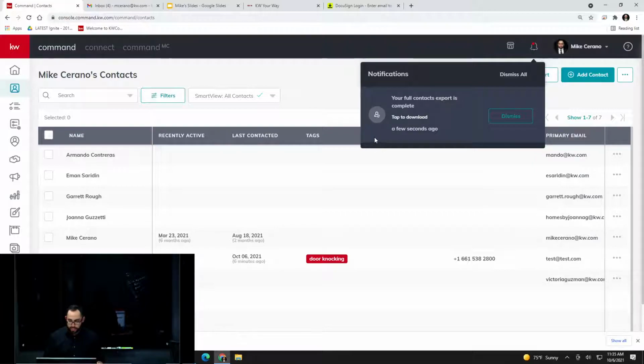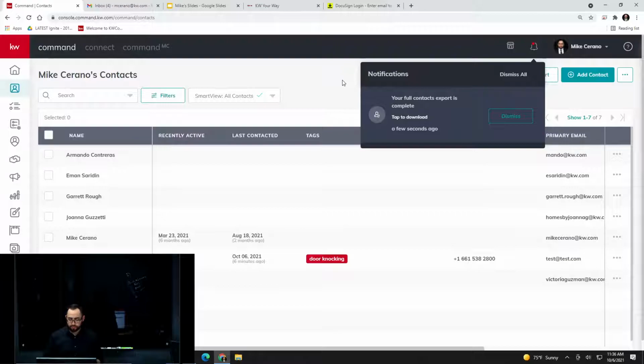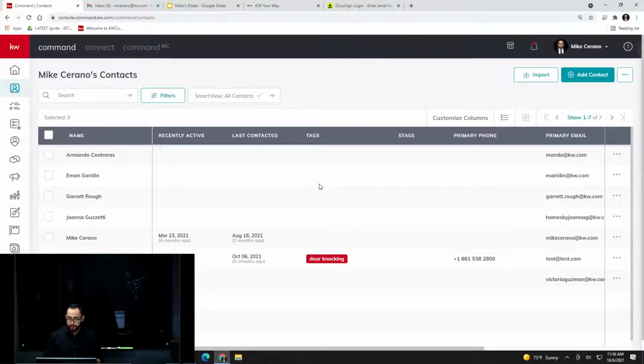And again, just like I downloaded that import file, that is how I can download a copy of all of the contacts here in Command. So you can see here exactly how I put them in and have their information set in Command. It pulls them out in basically the same looking file. So that's how you guys can pull out those contacts. So that's if you have the Excel, to open it like I just did there,